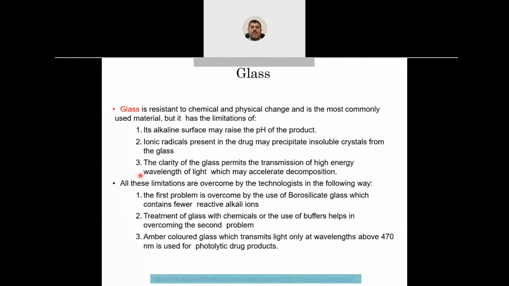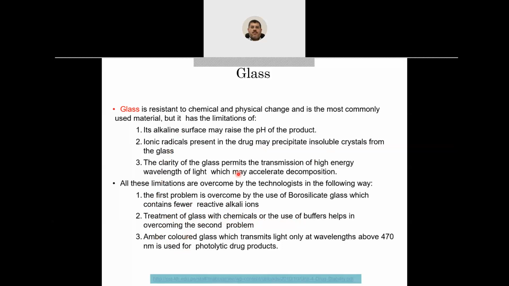So because of this, there is modified glass. There is glass made from borosilicate. This is type 1 glass that can resist temperature, and at the same time it doesn't have these kinds of reactions or alkaline surface, so it contains fewer reactive alkali ions. Okay, and then there is also type 2 glass, where there is surface treatment of the glass surface with chemicals. This also reduces the interaction with the formulation inside the glass package, and prevents the second problem, the ionic radicals interaction with the